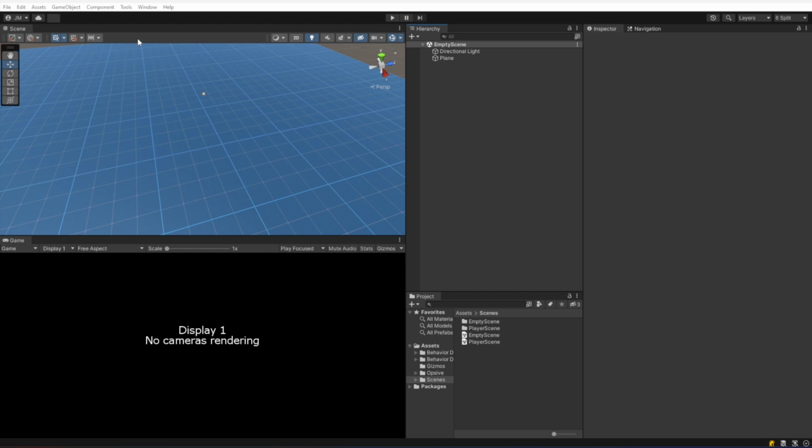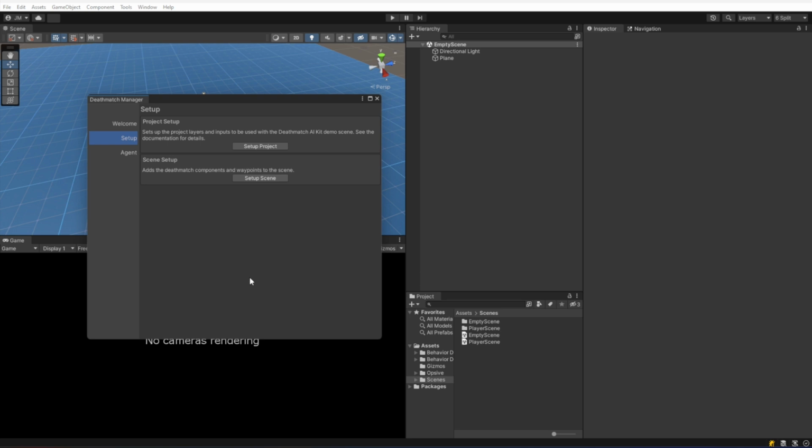To get started, I'm going to the Tools, Opsive, Deathmatch AI Kit, Setup Manager menu option, and I'm going to click the Setup Project menu option. This Setup Project button will add the layers and inputs necessary for deathmatch gameplay. If you're just going to be using the Deathmatch AI Kit for your enemy AI logic, you do not need to click this Setup Project button, but you do if you want to, for example, see the demo scene working